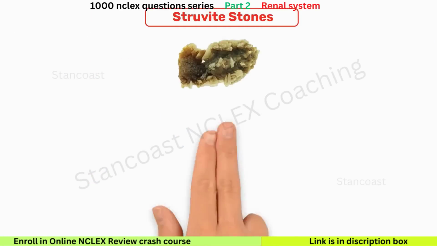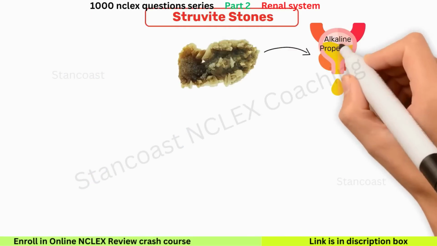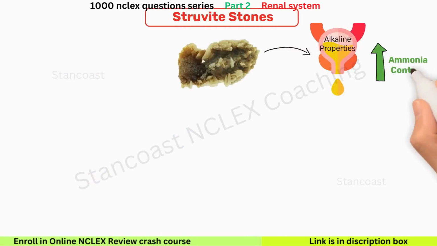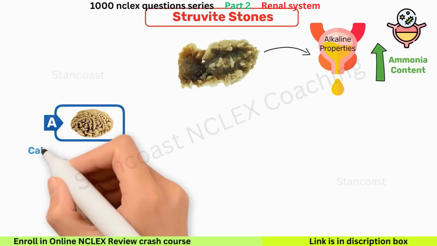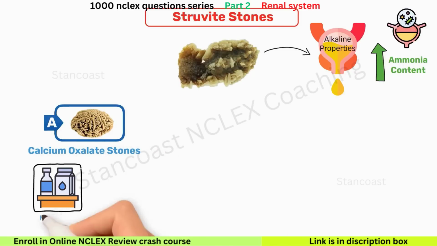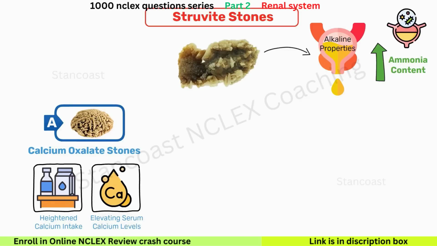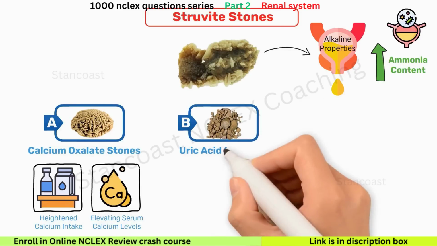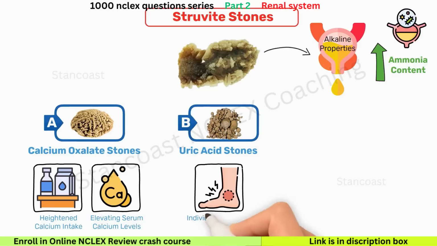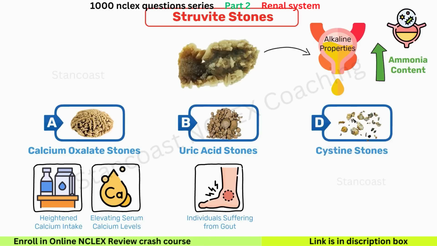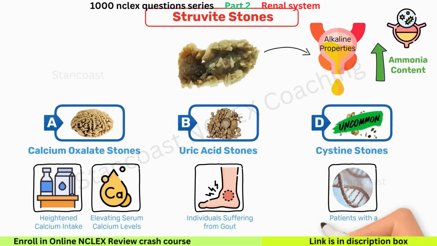Struvite stones typically develop in urine with alkaline properties and high ammonia content, often linked with urinary tract infections. Option A, calcium oxalate stones arise due to heightened calcium intake or conditions elevating serum calcium levels. Option B, uric acid stones manifest in individuals suffering from gout. Option D, cystine stones are uncommon and occur in patients with a hereditary anomaly leading to reduced renal absorption of